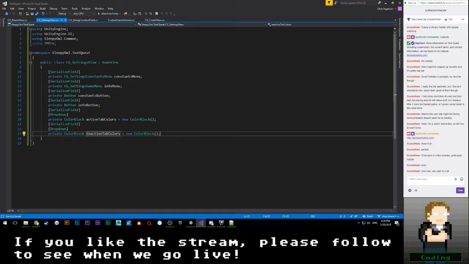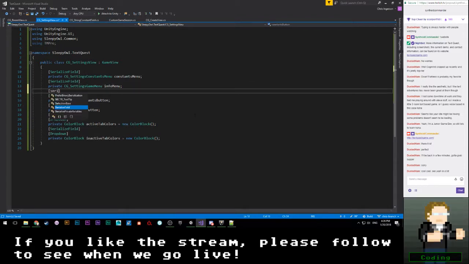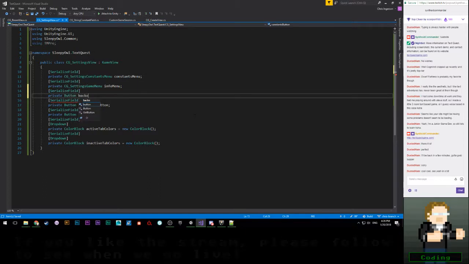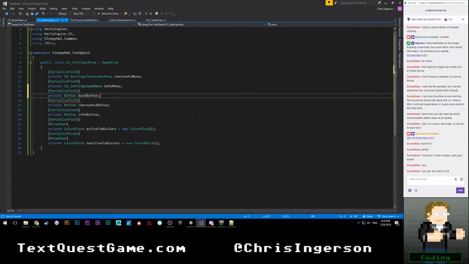Oh, no, that should be it. Oh, buttons. I need to have a back button, obviously. So let's go ahead and say serialized field, private button, back button. Okay. And that should be everything that I need for that.